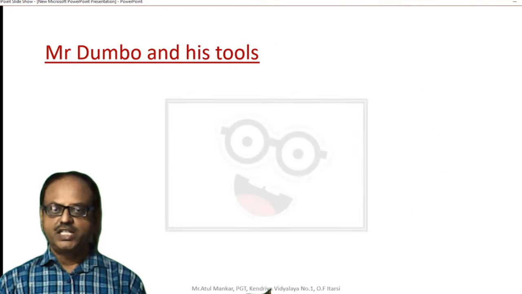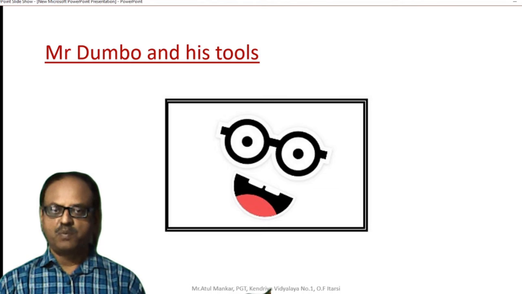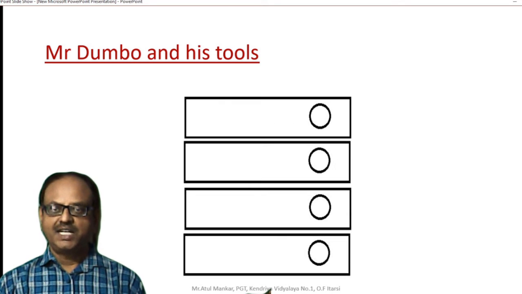Mr. Dumbo and his tools. This is Mr. Dumbo. We have made this caricature using a simple glass so that it represents a laptop or a computer-like structure. The second important tool is the memory location.